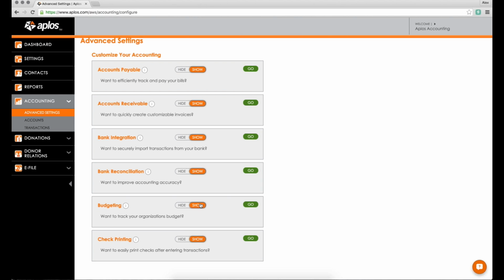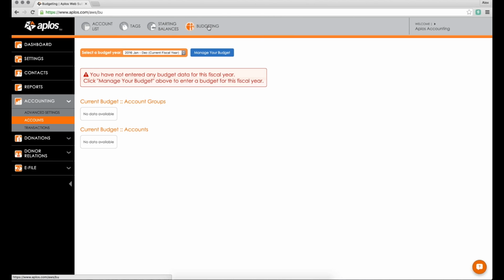One of which is budgeting. So if I click show and click go, that will bring me over to budgeting, which can be found by going to accounts here in the accounting section, and then up at the top here is budgeting. So budgeting allows you to set projected values for your income and your expense accounts. So that way, as you go through the year and you're recording transactions, you can compare how you're actually doing in each one of your income and expense categories